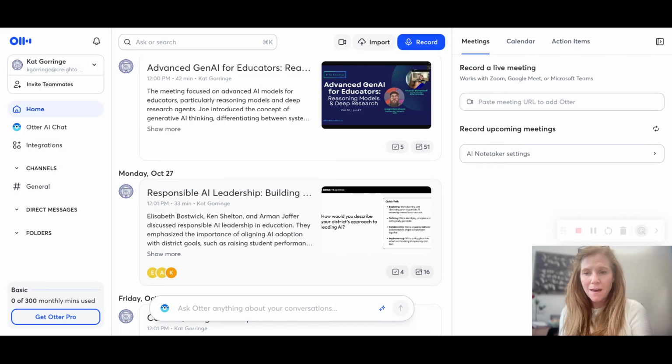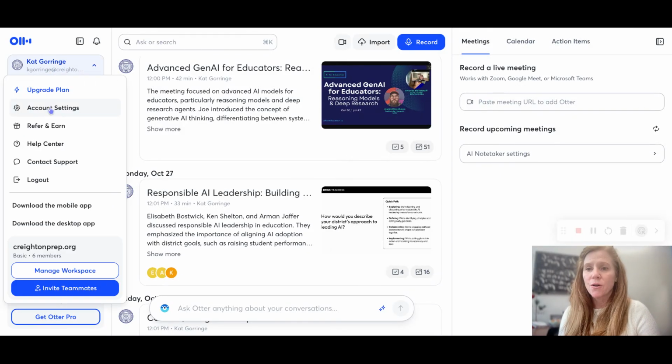Now, what do I mean by that? I'm going to go into my settings, and this is where I need you to go. If you use these apps in any way, or you have signed up for this app, even if you don't think you're using it, if you have signed up for it, I need you to check this. And I'll tell you the why. But I'm going to go here and I'm going to go into my account settings.